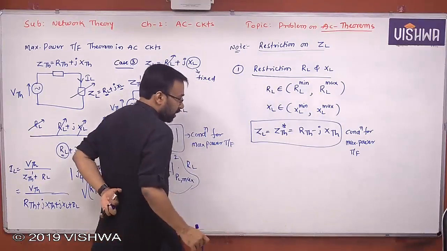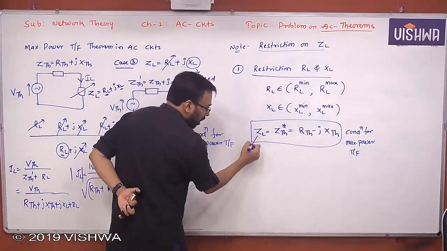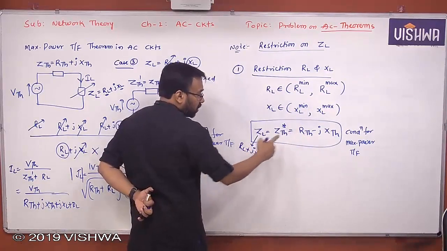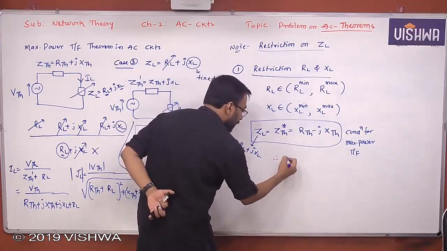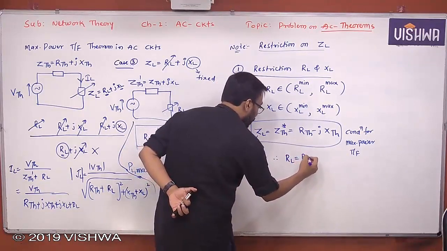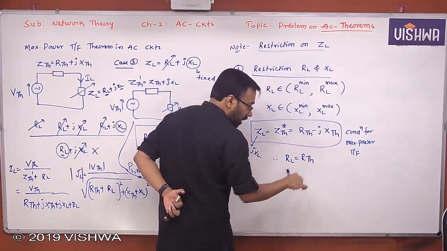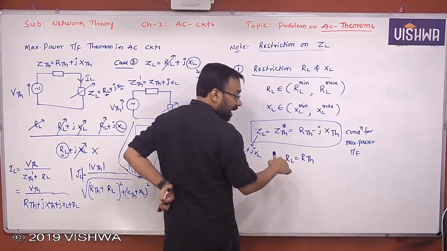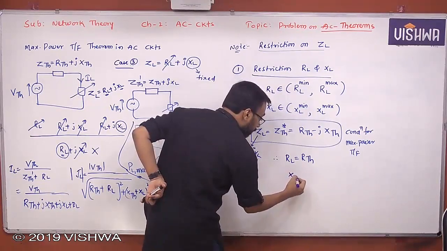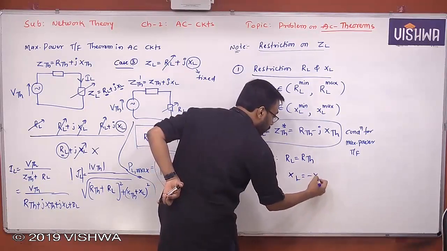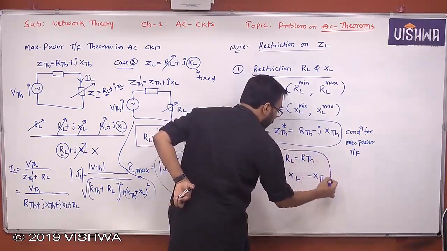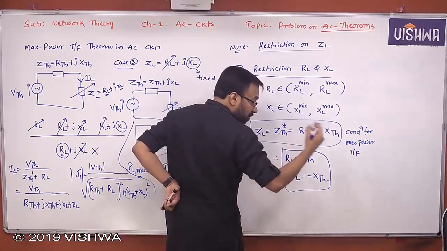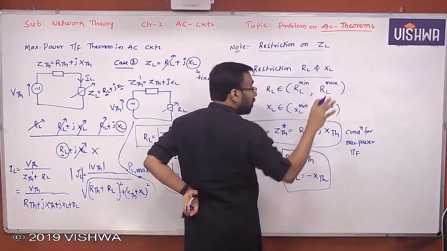So I do that. First, from this I understand, this is already known that RL plus JXL is equal to what? Condition for maximum power transfer is what? RTH minus JXTH. So therefore I understand RL is equal to RTH. That means I found now what is RL. Yes or no? Whatever the RTH value is there, that is nothing but RL only. Okay. I assigned that value to RL and I assign that minus XTH to XL, so that I get the values of both RL as well as XL. So these two values, if I maintain, no doubt I'll transfer maximum power to the load when both RL and XL are variable. But